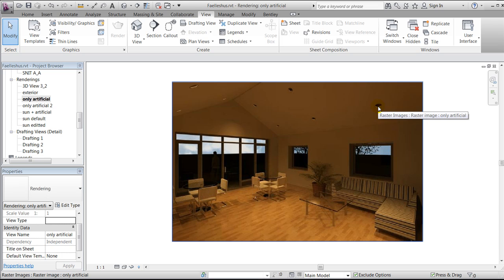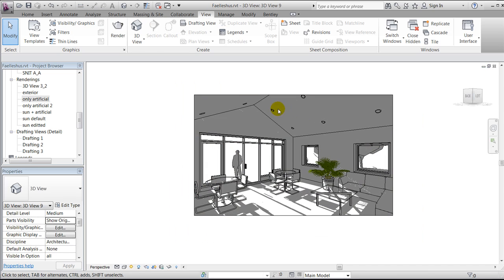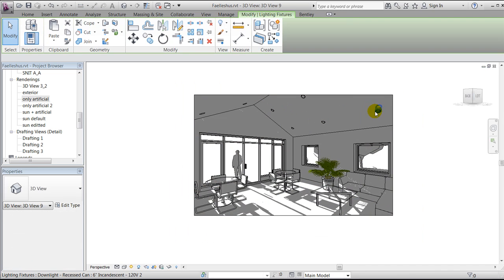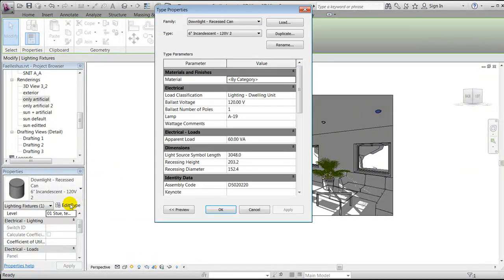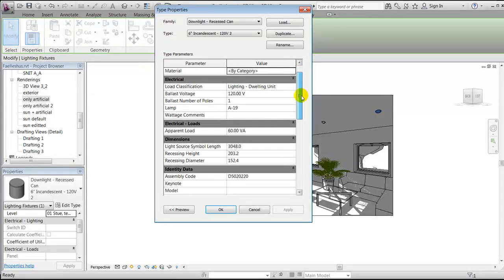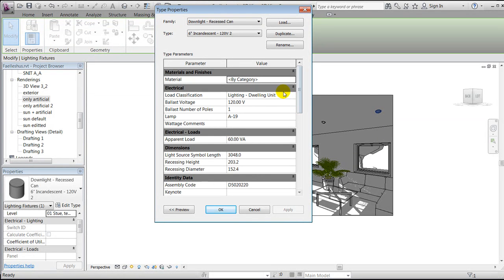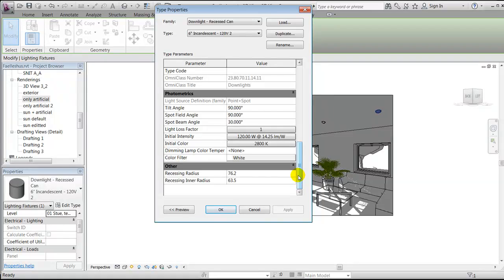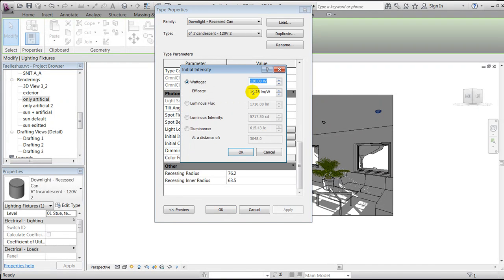edit artificial light settings, and this you do by clicking on one of those artificial lighting fixtures, and under type properties you can see you have all kind of properties here, and notice that this electrical information is basically for scheduling, only for information of your lighting source. But if you want to change the strength of these fixtures, you should go here under photometrics and